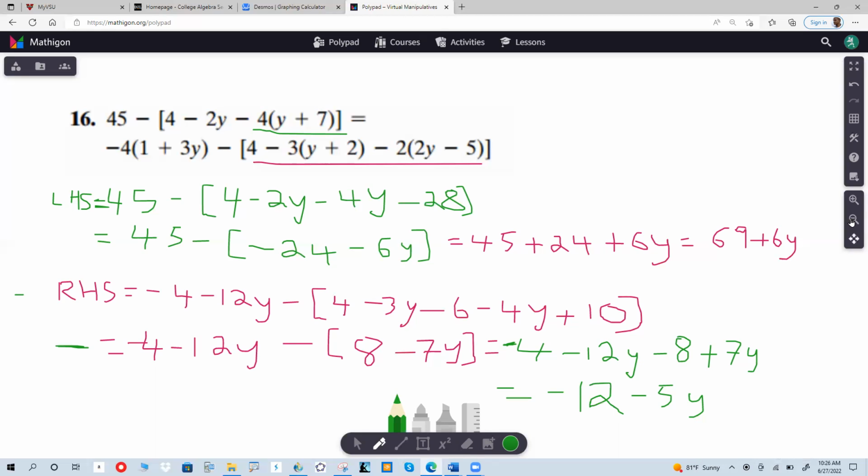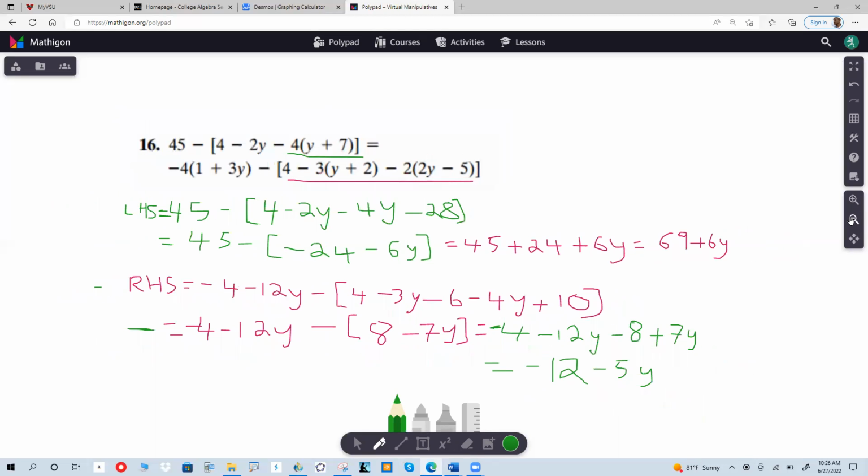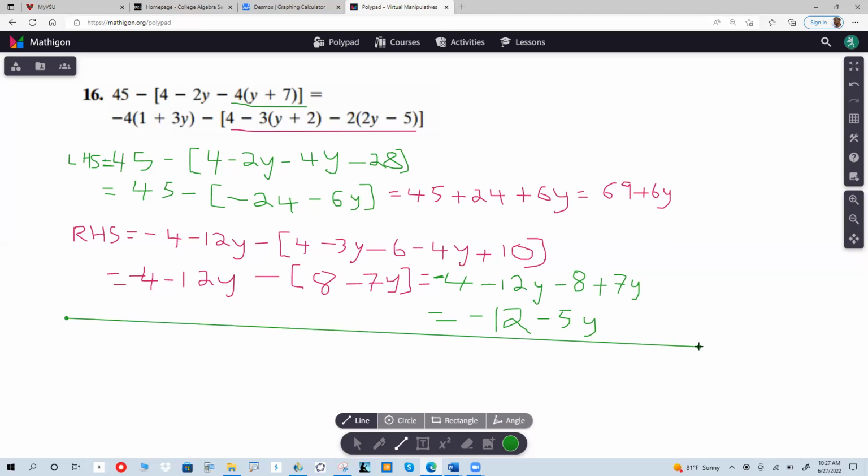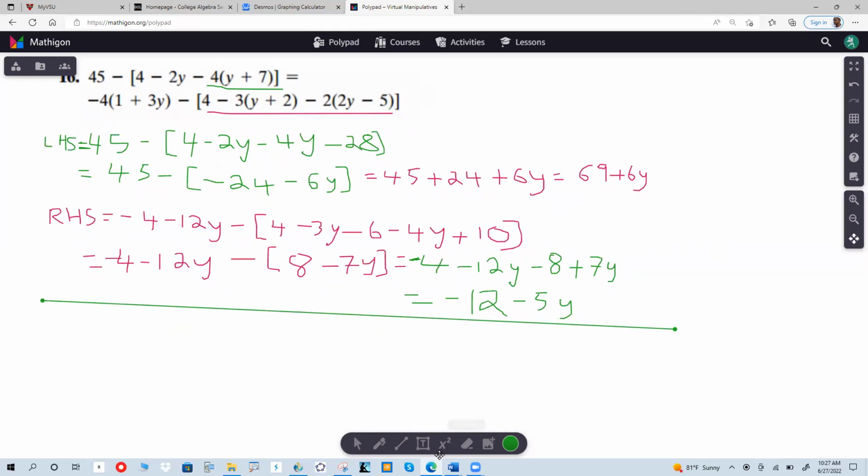So guys, I'm going to scroll down a little bit. I simplified the left-hand side. I simplified the right-hand side. I'm not done. I wasn't asked to simplify. I was asked to find the value of y, and my main problem will be worked out here. If you want, I can go to the next page, but I'm going to see if I can squeeze it in. 69 from the top part